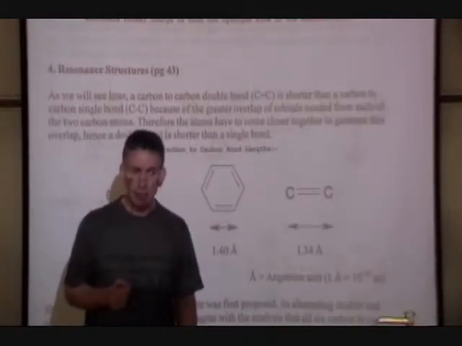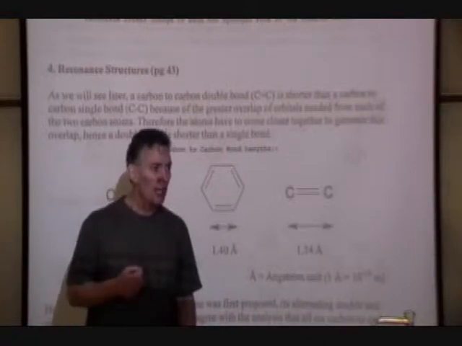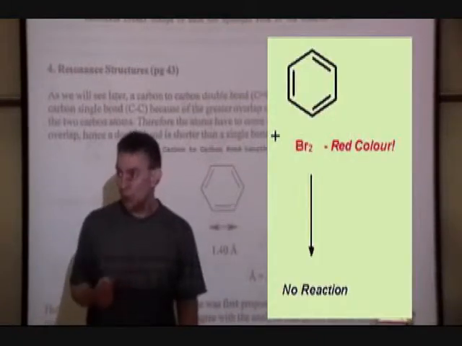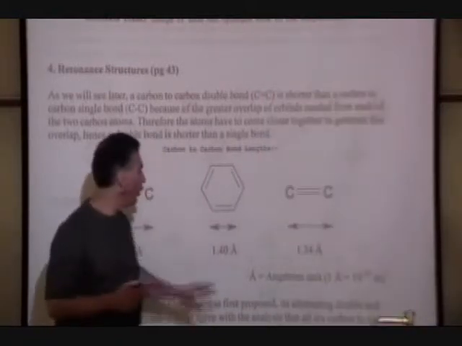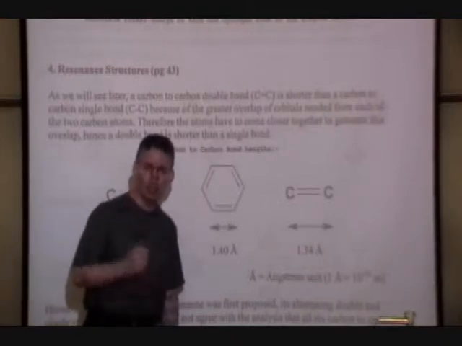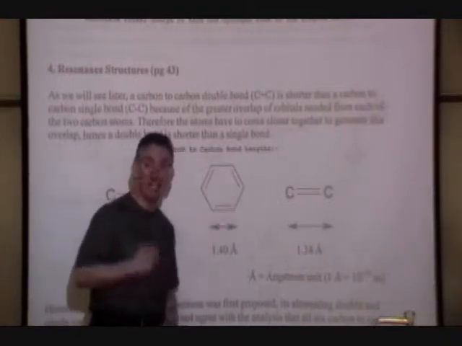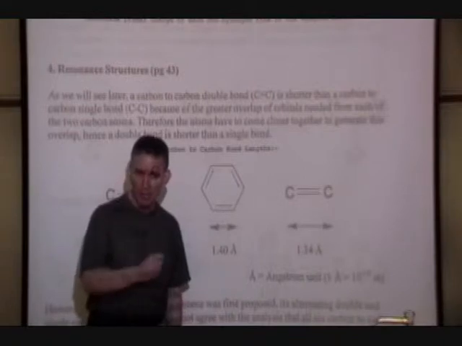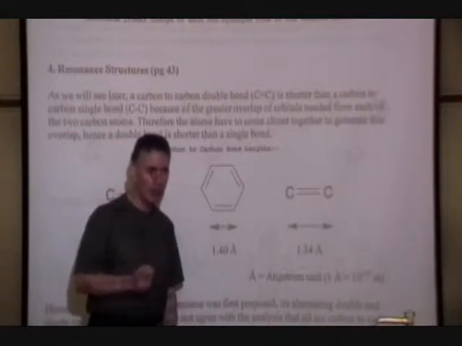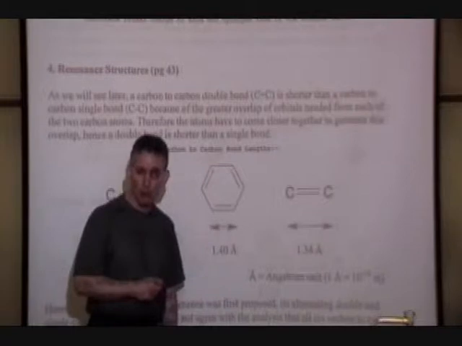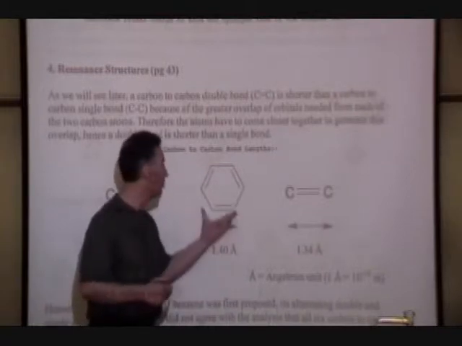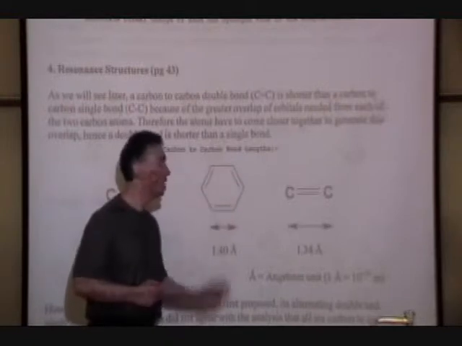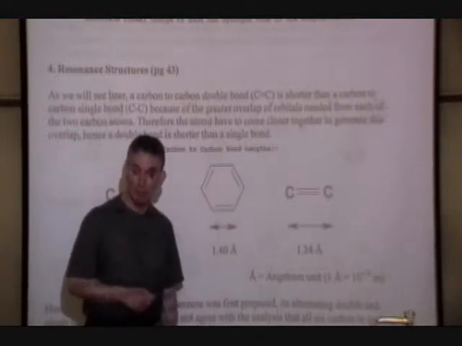Trouble is that when you take some benzene and try to react it with a classic chemical like bromine for an alkene, it doesn't react, doesn't do anything. So this proposed structure for benzene, which suggested it had chemistry like an alkene with carbon-to-carbon double bonds, didn't seem to fit with the chemistry that was already known. There was something else going on that the simple Lewis structure of alternating bonds wasn't pointing out.